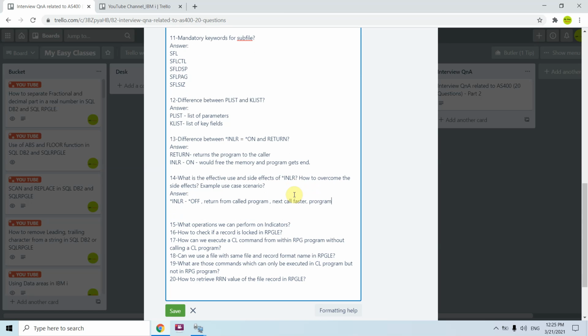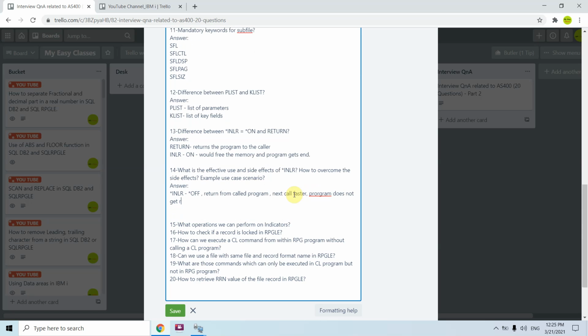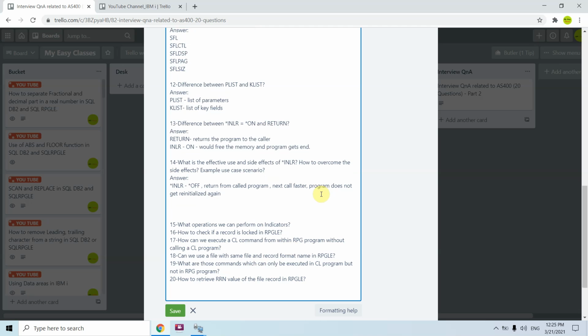Program does not get reinitialized again. So this is the effective use.